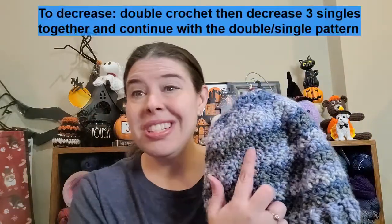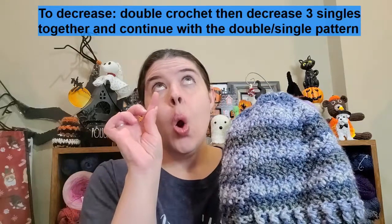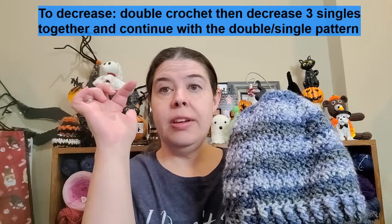And then this is all just the lemon peel, where you double crochet, then single crochet alternating, and then on the next row you put the doubles and the singles and the singles and the doubles. So I did that, and then when I went to decrease, it's actually very subtle, but when I went to decrease, all I did was, when I had a double crochet,